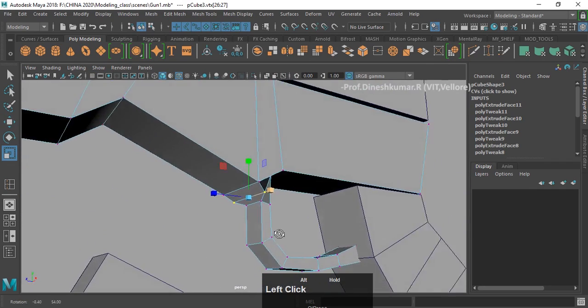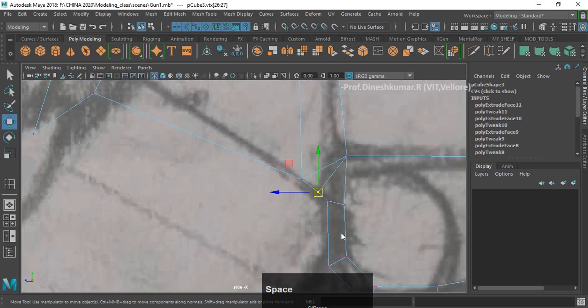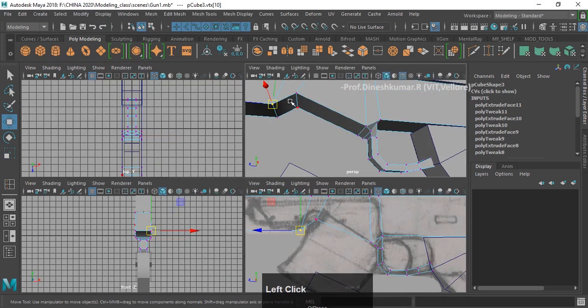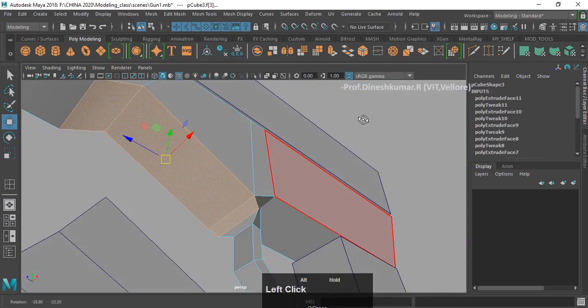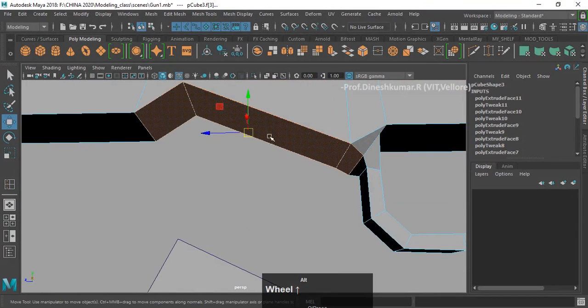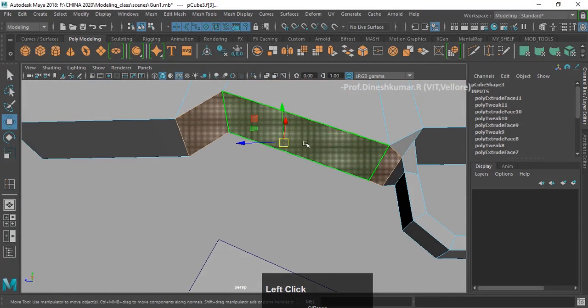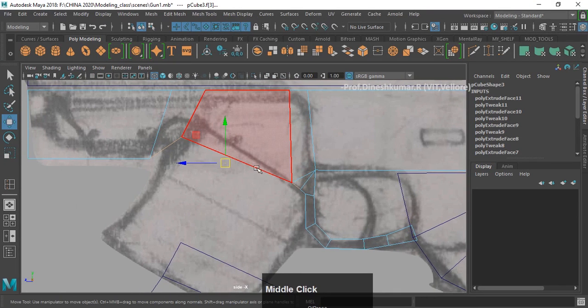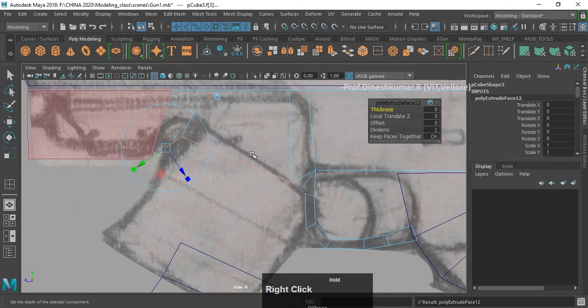And I would like to scale this area, so let me select these faces 1, 2 and 3, press shift right click and extrude face, and I would like to extrude them